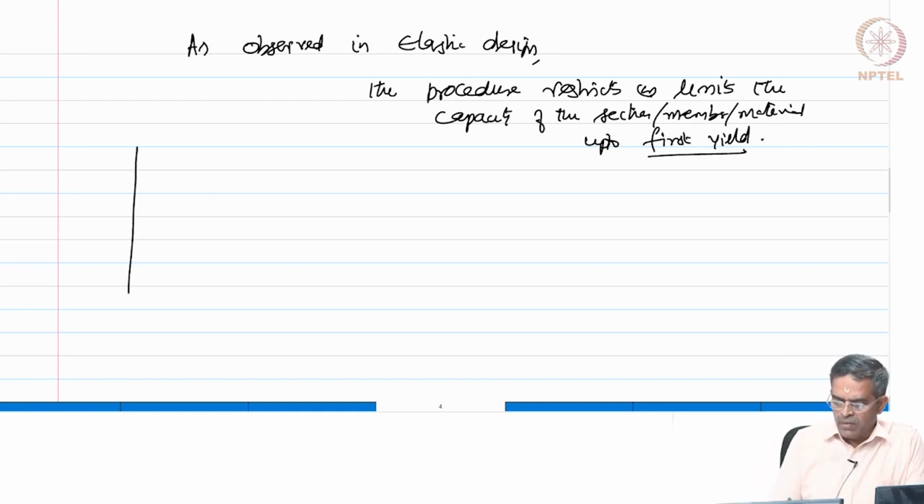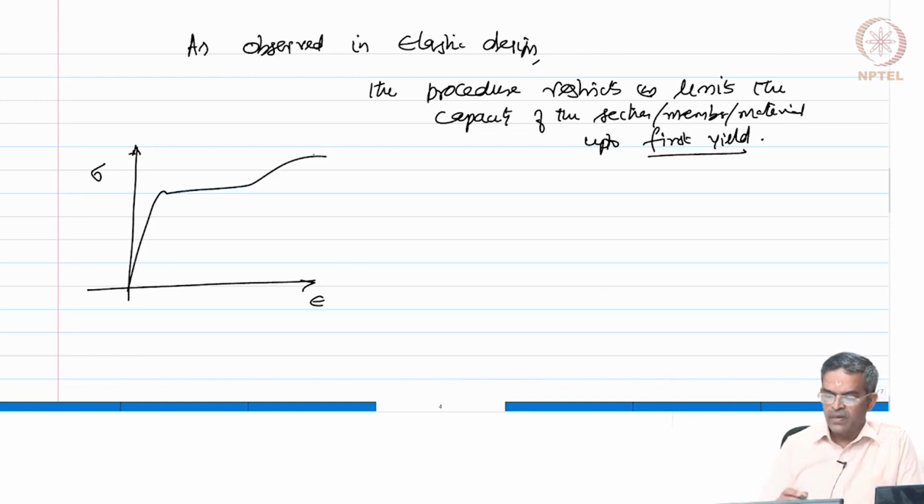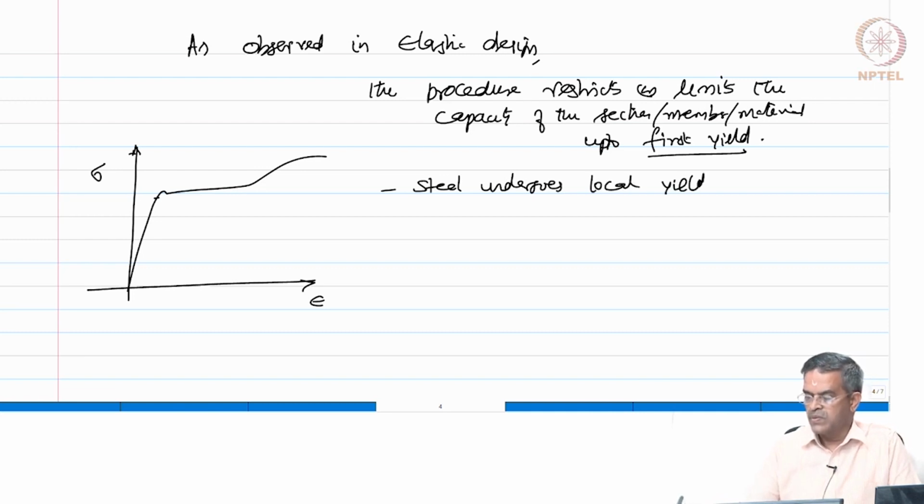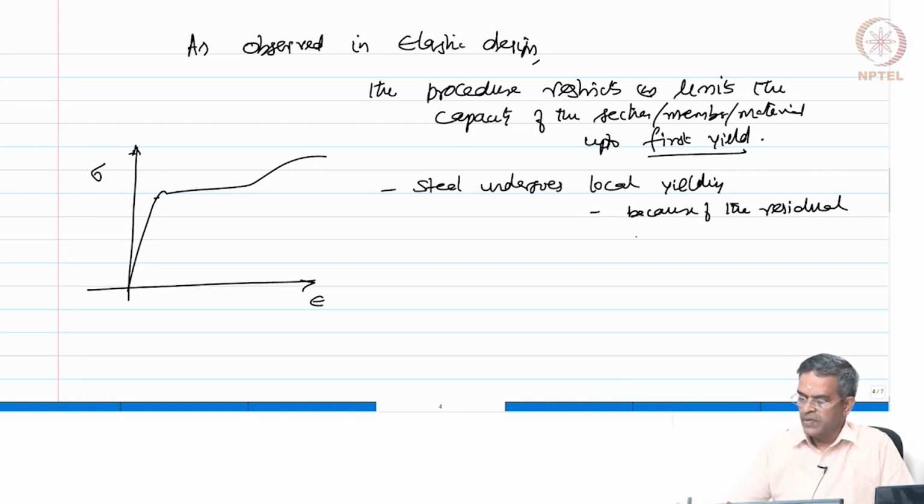So, we know, look at the stress strain curve of classical structural steel which we plotted n number of times. After the first yield, steel undergoes local yielding. This happens because of the residual stresses. Now, we all know where these residual stresses come from. They come from the fabrication process, they come from preheating of the member. There are many reasons, we discussed them in the previous lectures. Therefore, friends, it is not a good design practice to limit or to restrain the material capacity at the first yield, is it not? So, I should say here a design procedure